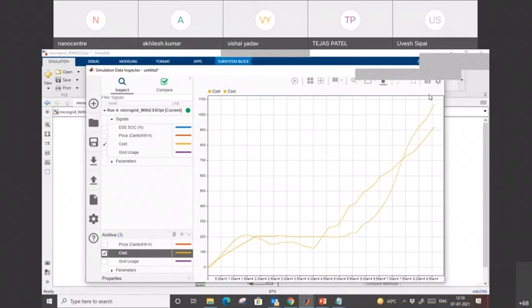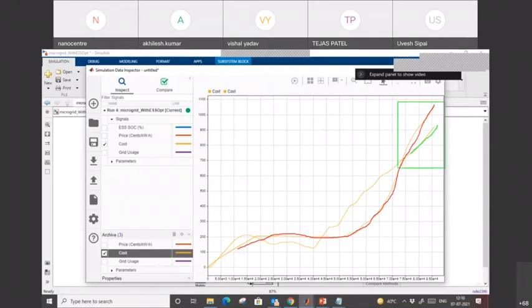Let me show by color: this one is without optimization, and this one is with optimization. You see that at the end the cost is reduced with the optimization. So around 20% of the cost is reduced in this case.